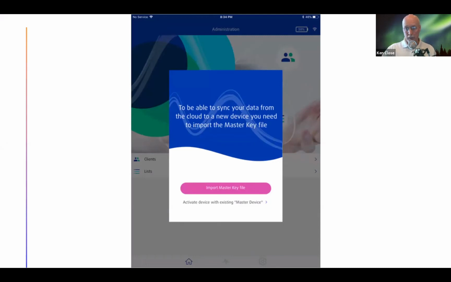Now, the customer service field team can fix this here in the US. They have the ability to fix this, but you're going to have to put in a support ticket. Just look at this logically for a second. It says import master key file. If it's looking for the function of importing master key file,